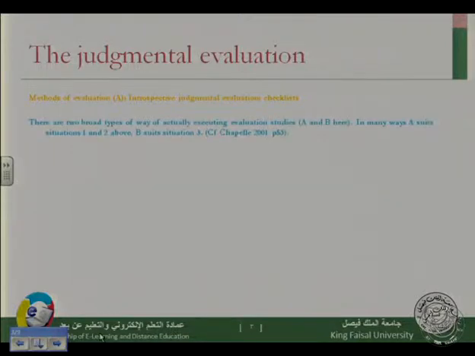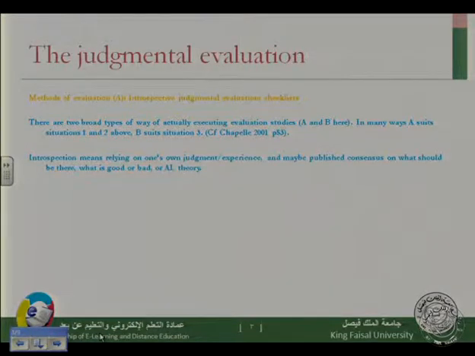So there are two broad types of way of actually executing evaluation studies, A and B here, as I mentioned. In many ways, A suits situations 1 and 2 above. B suits situation 3, Chapelle 2001, page 53. So we have three situations here. 1 and 2 would suit the judgmental evaluation. Situation 3 would suit method B, which is empirical evaluation. So let's start with